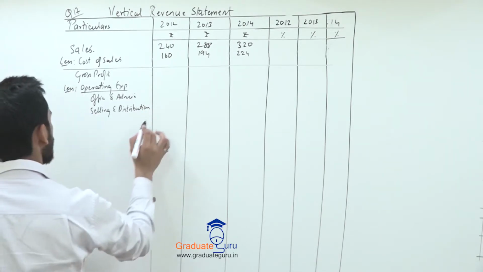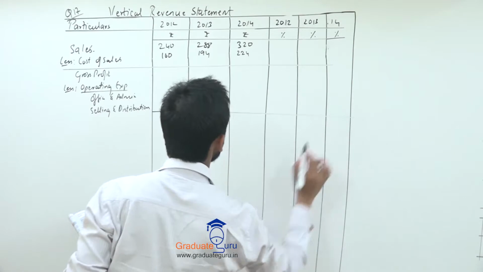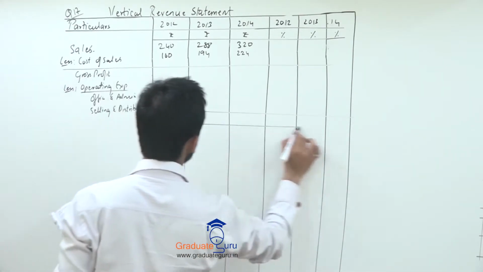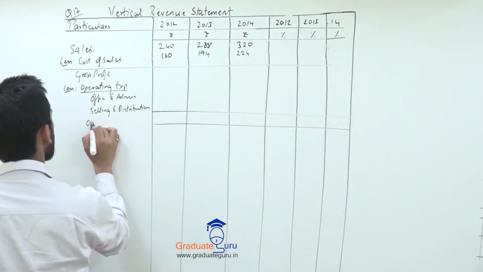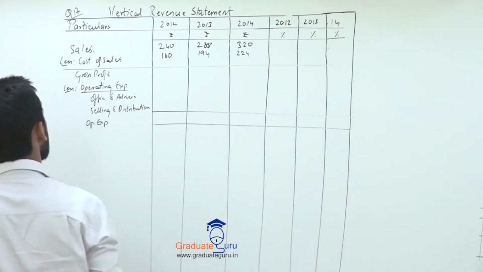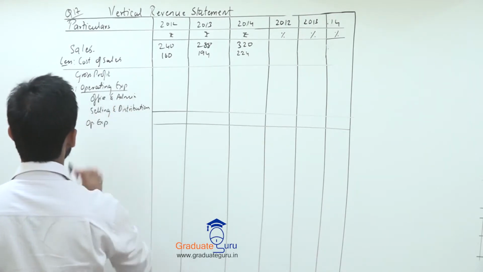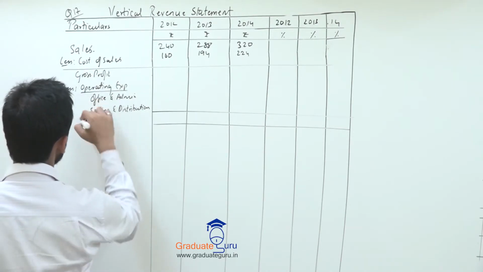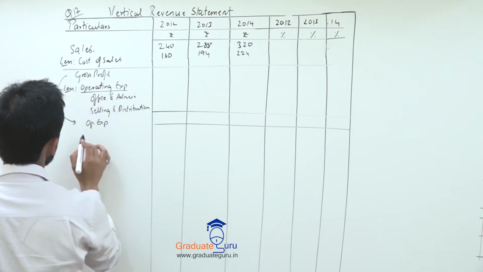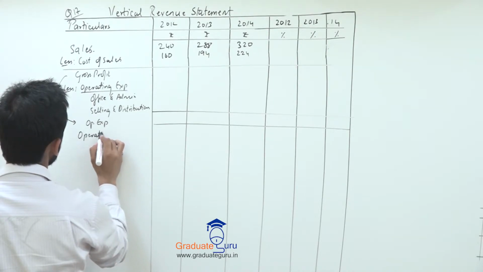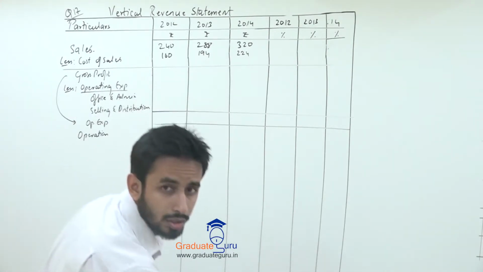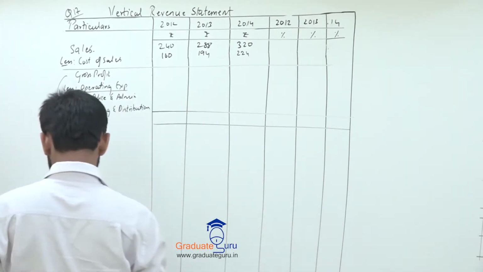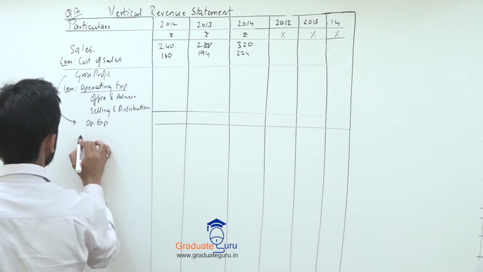You subtract these two, then you subtract gross profit with this, you get operating profit, or you can directly write it like net profit because you don't have any other expenses as such or income as such, so you'll write profit